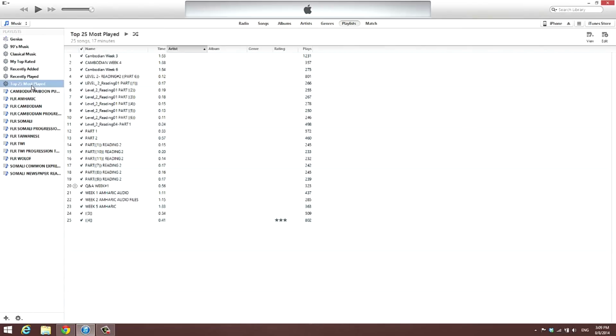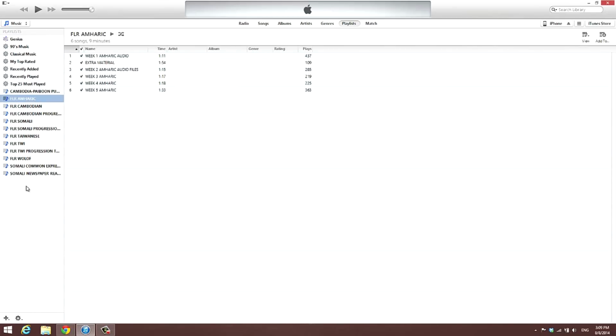This is actually an updated iTunes for me because I had to reformat my computer. I pretty much lost all of my older files. So you'll notice that there's some languages here missing. I had a whole list here before.